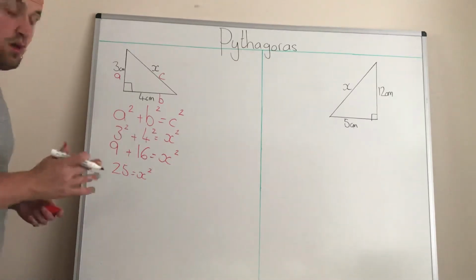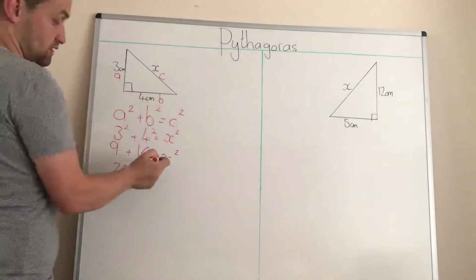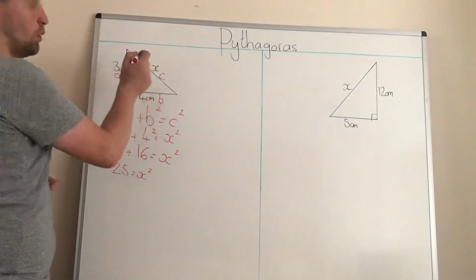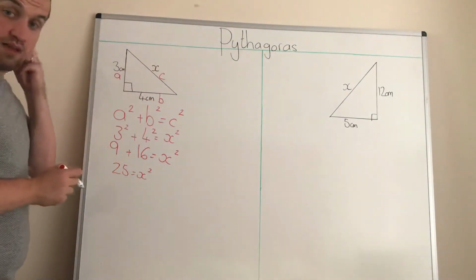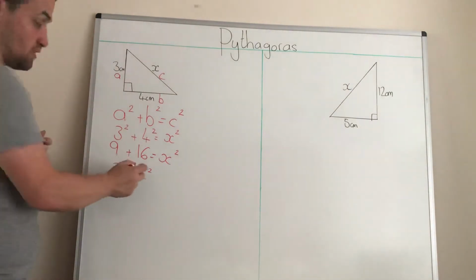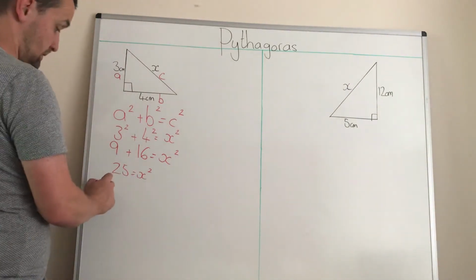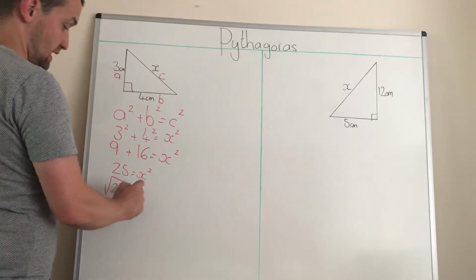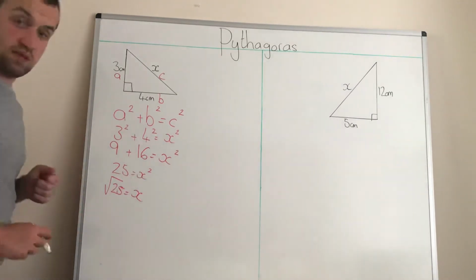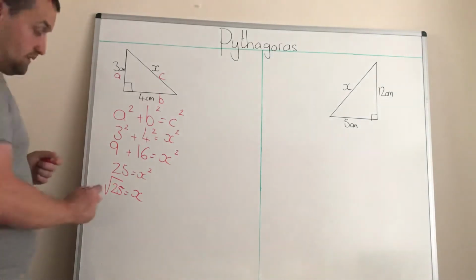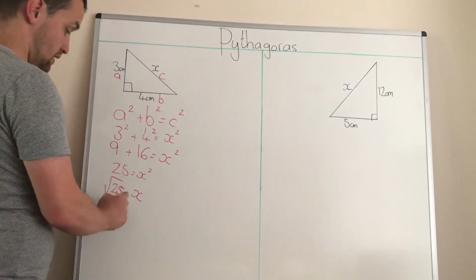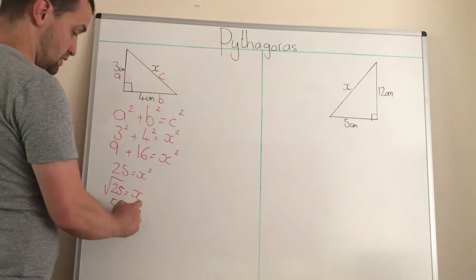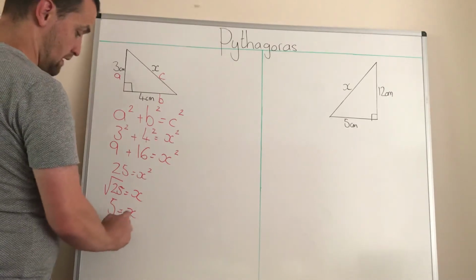Now, we don't want to know what X squared is, we want to know what X is. And the only way to get what X is if we square root. So what we're going to do, we're going to do a square root of 25, and that equals X. Okay, so the square root of 25 is 5, so X is 5